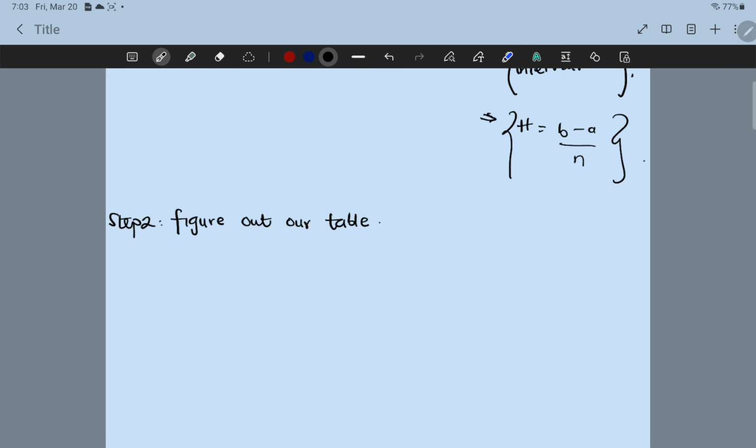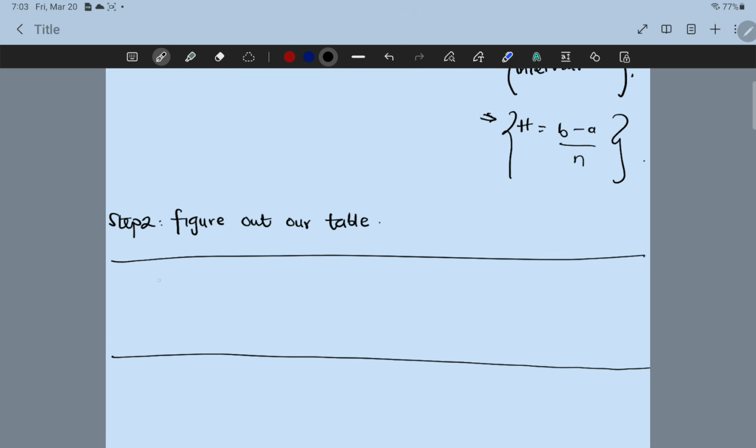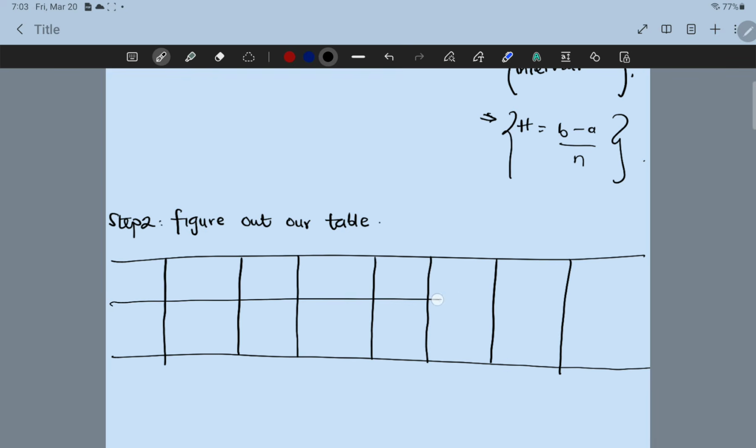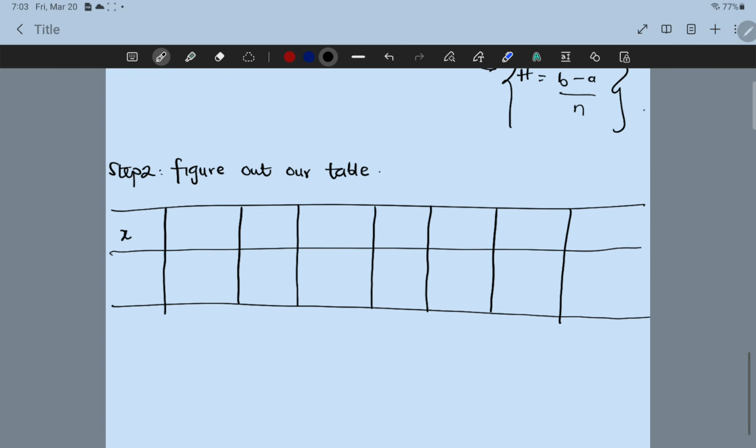So let's figure out our table. Let's construct a table quickly. All right, beautiful. So here we're going to have x, here we're going to have y equals f of